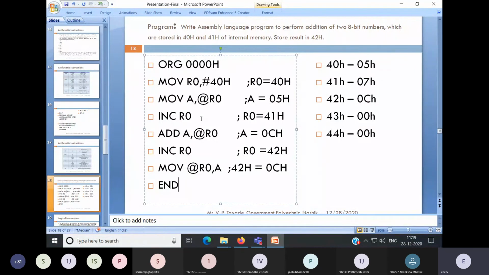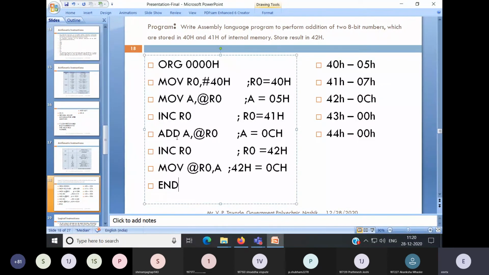After that, increment R0, the pointer I am incrementing, so it will become now 41H, so it will point to the second number. And after that, I am using this simple instruction, ADD A, @R0. So it will directly take that second data to perform the addition.